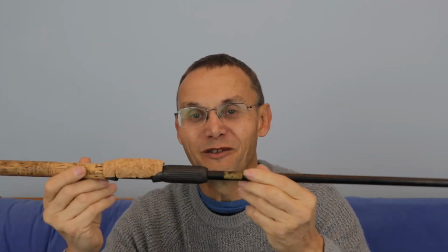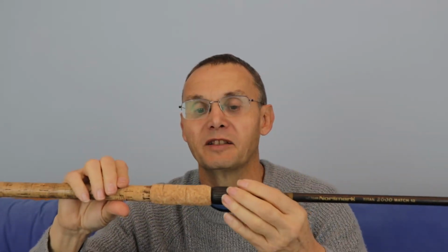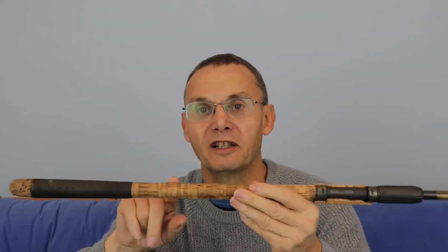So there you have it, a now restored handle to how it should have been long ago. I can get my reels on there. That gets a bit tight under there. I might have to cut it down a little bit more underneath. This handle has got, where I've had a flat on it before, it's chewed up the handle a bit. It's quite dirty and it's chewed up the Duplon. For the moment, I'm not going to worry. I think I'm going to fish with it, see how I feel without the flat on there,